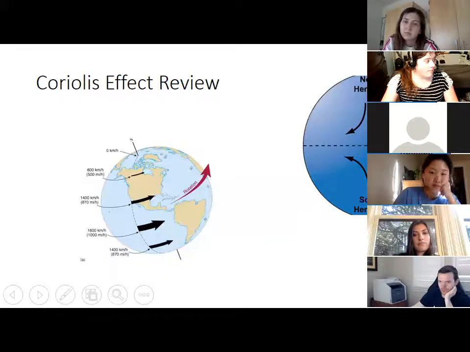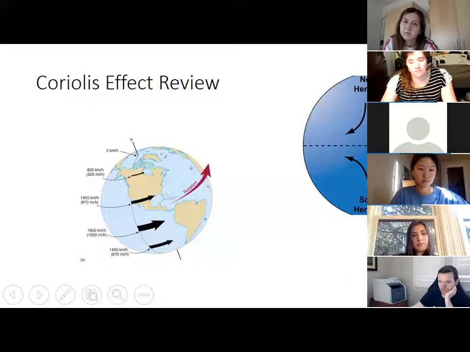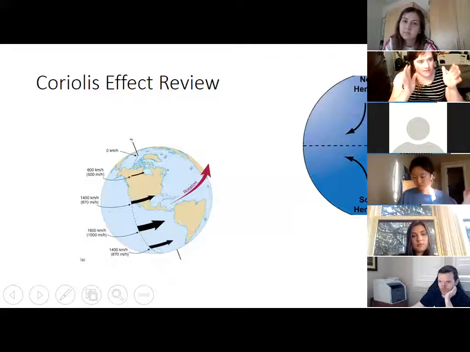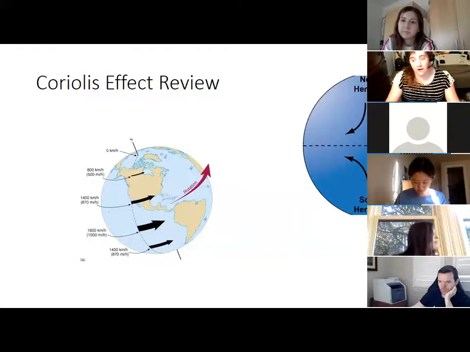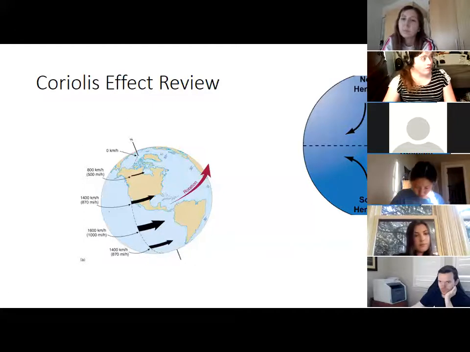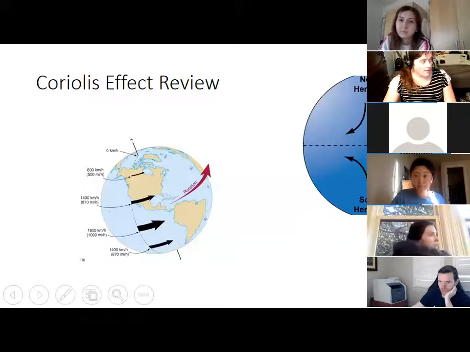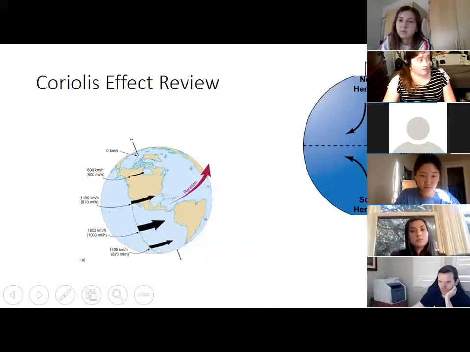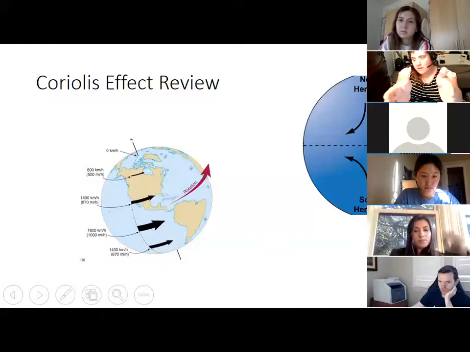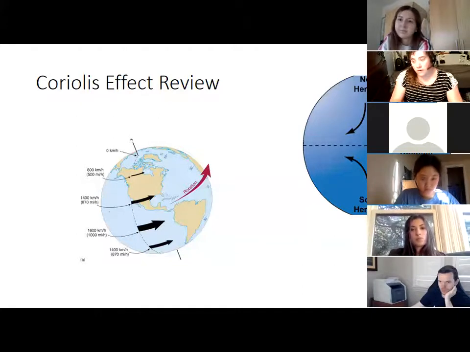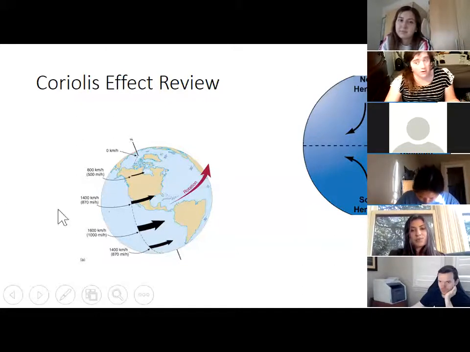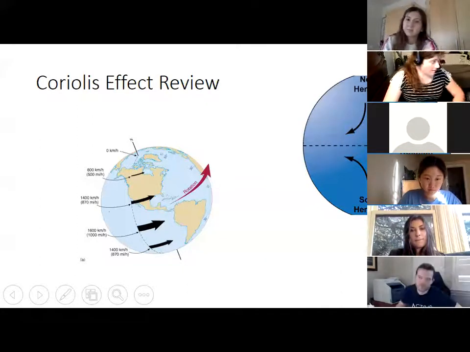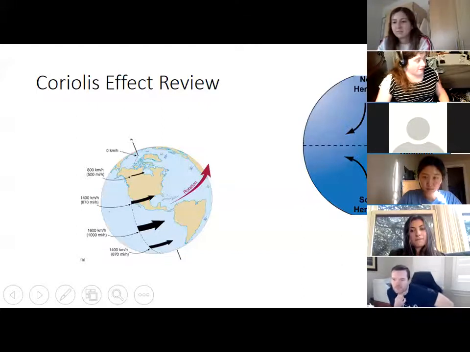And if you were trying to put yourself in the viewpoint of the air current itself, this is to the right of that. Now it's to the left from our viewpoint, because it's on the screen. But if you had the first person viewpoint of somebody riding that current of air, you'd be deflected to the right. If you're trying to go from the pole to the equator, you get dragged over here. That's to the right from the viewpoint of the pilot trying to fly from the North Pole to the equator. It looks like it's being deflected to our left, but it's to the pilot's or the air current's right. Okay, thank you.